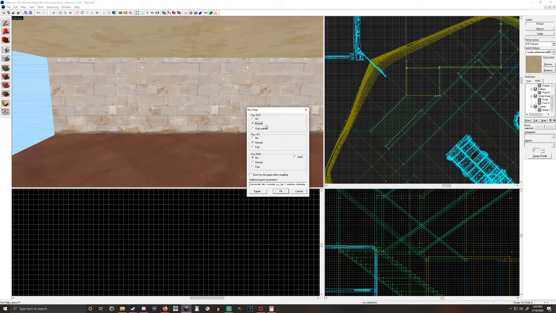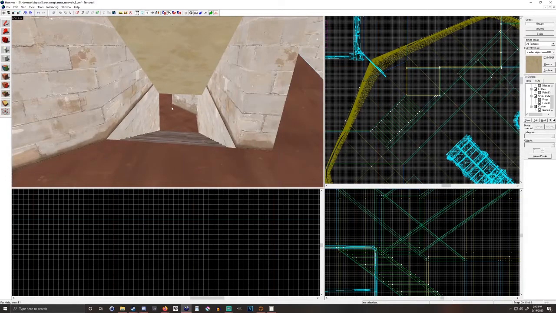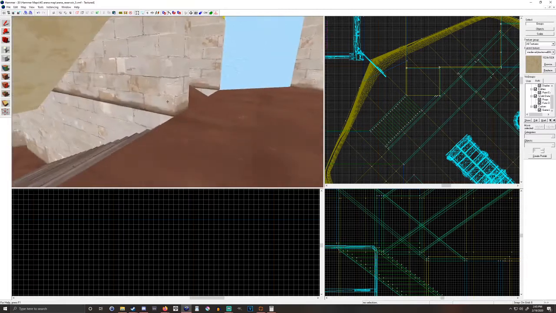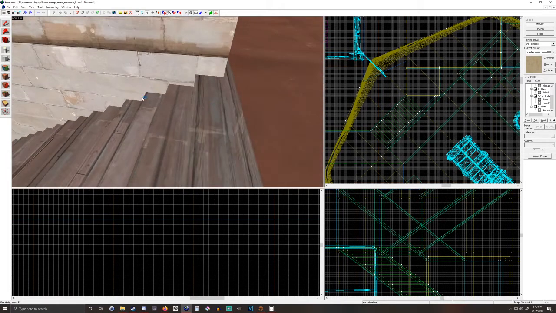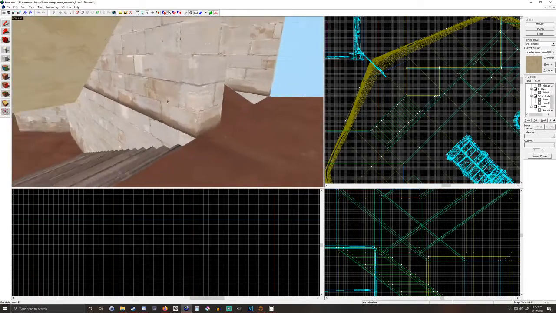There's BSP, VIS, and RAD. BSP generates a bunch of things called vis leaves, and VIS determines their connection. Basically, the more vis leaves you have, the slower the compile time will be. But theoretically, the better the map will run. So anything that might split a vis leaf should become a detail. I'm not explaining it very well, but